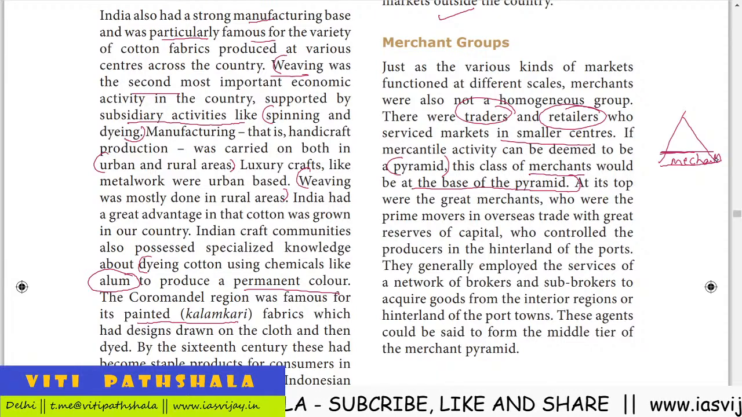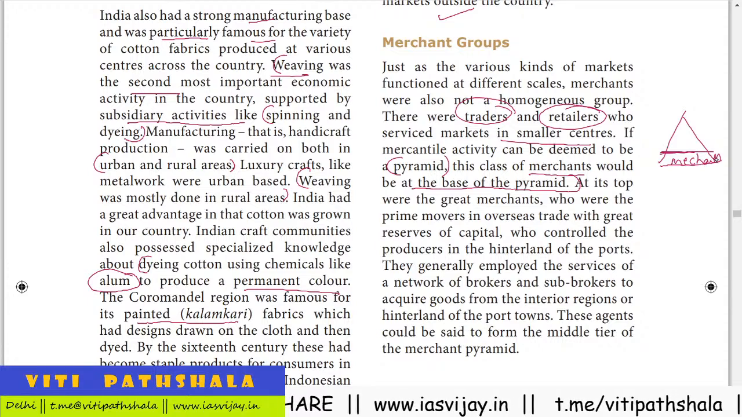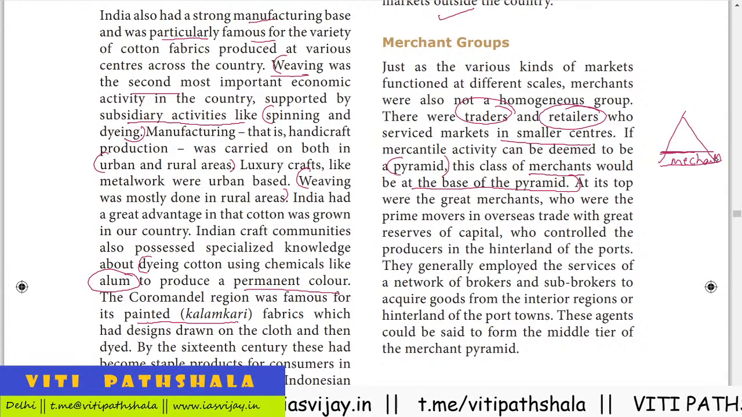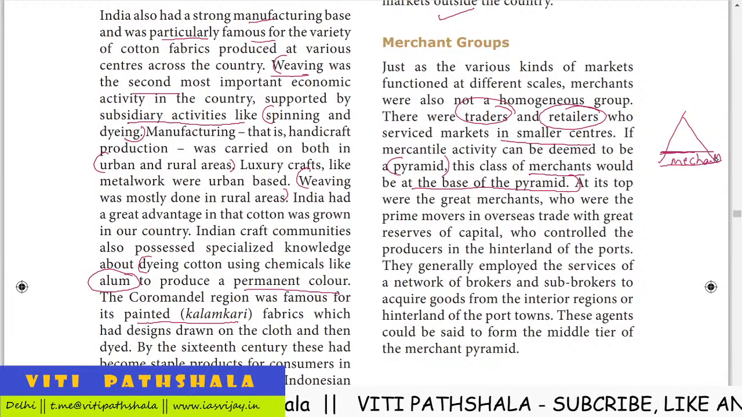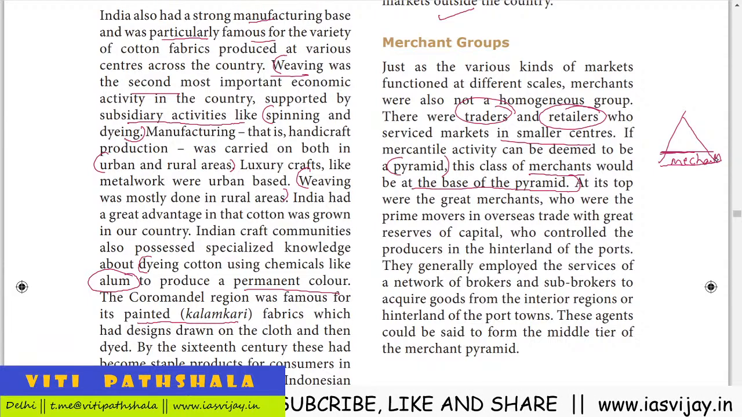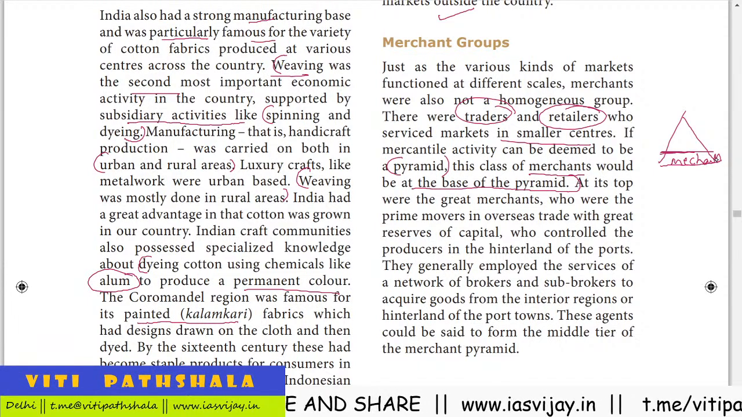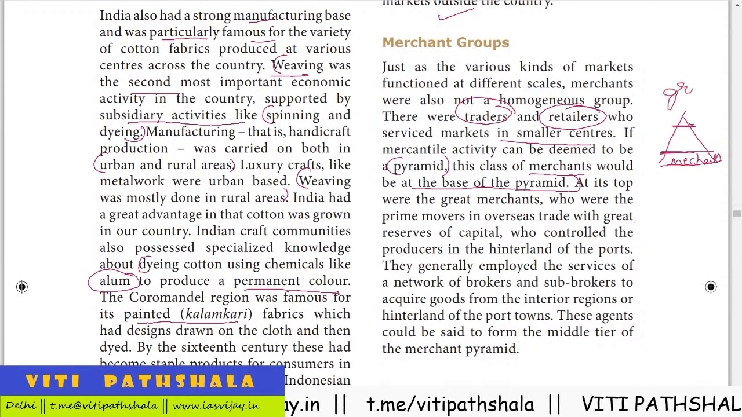Now at its top were the great merchants who were the prime movers in the overseas trade, with the great reserves of the capital, who control the producers in the hinterlands of the ports. Now they generally employed the service of a network of the brokers. So below were the merchants and above were the great merchants,